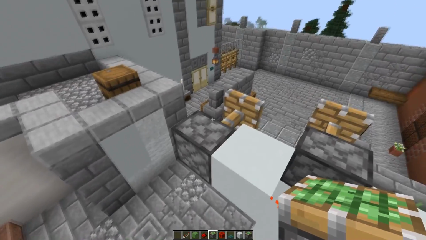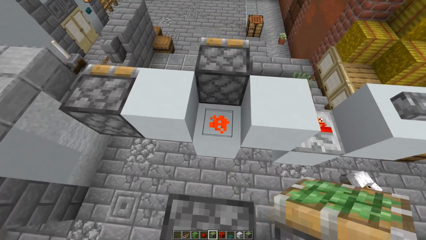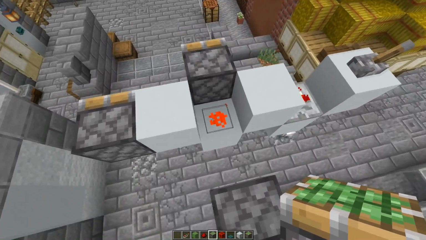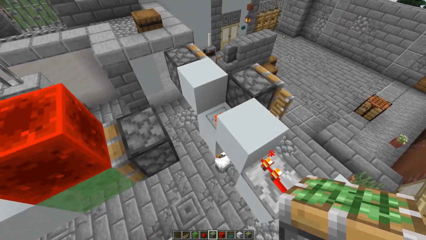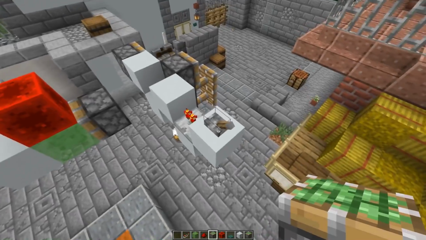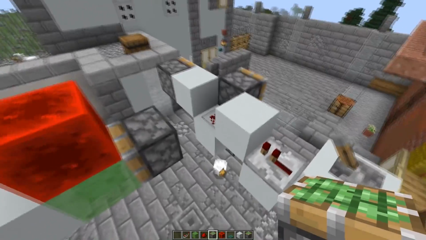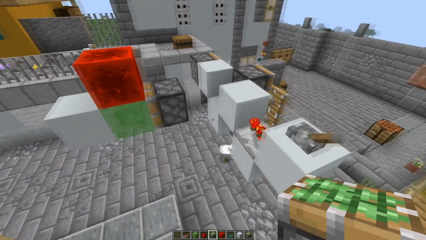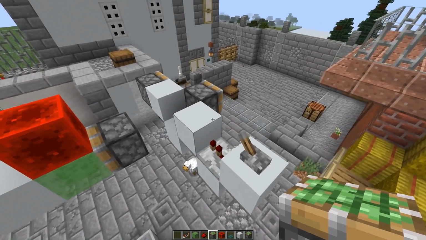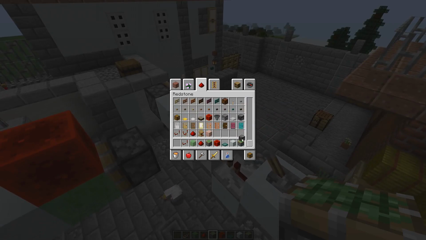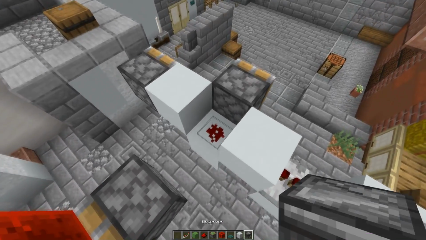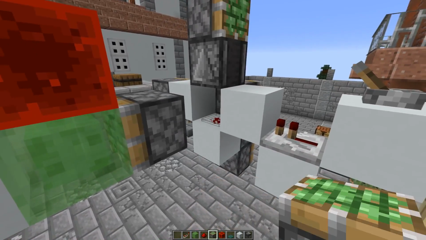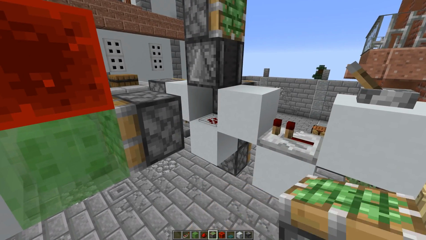Here we can also power the piston through a block, and you can also toggle in between. It's also interesting that the dot still sends updates to neighboring blocks, despite not being able to power them. We can see that here: when I turn the dot on or off, this block update detector is also getting triggered by that. We can also detect the block state change of the dot using an observer. So this could also be used as a switch, for example.